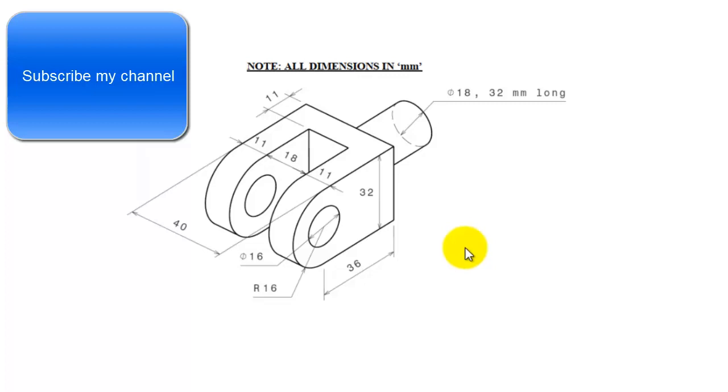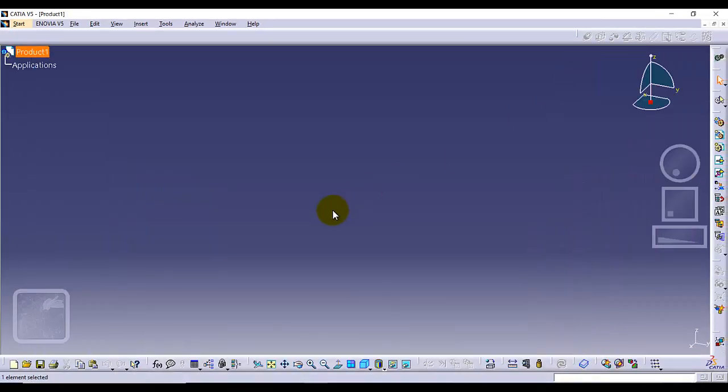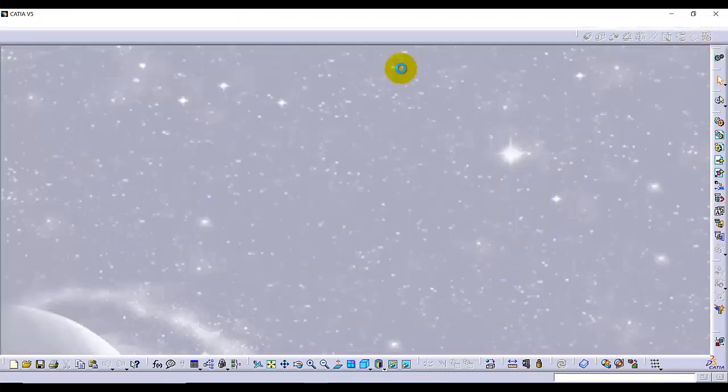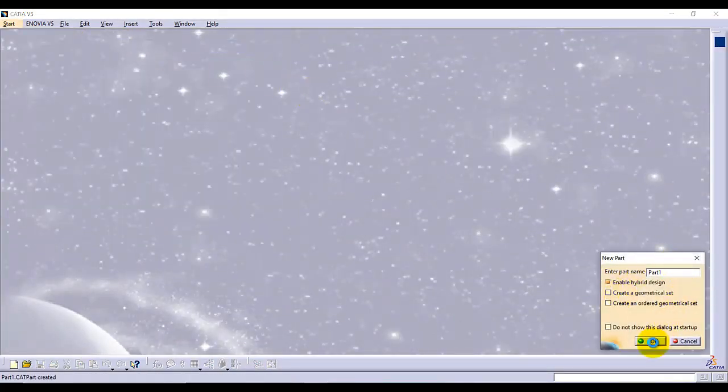In this video tutorial, I am going to design this model in CATIA. The units are given in millimeters, so we are going to design this model in millimeters, and let's start it. So first of all, I'm going to start mechanical design, part design, name the part,